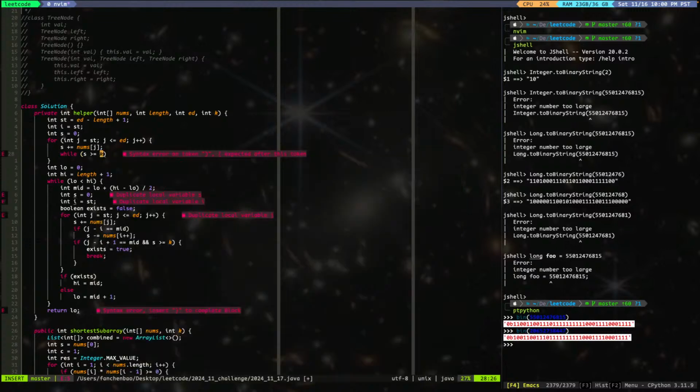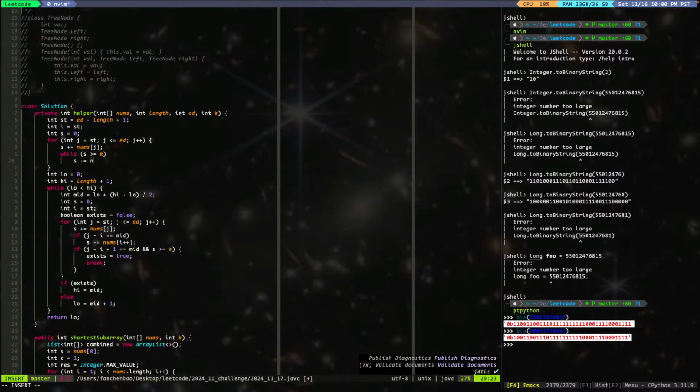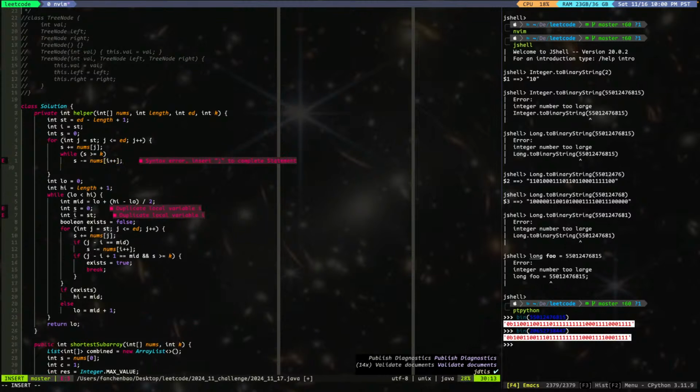Right? If it's larger than k, s minus equal to nums[i++]. When it gets out, s is just smaller. Right? It's just smaller. That's actually not true because you are not quite sure. I think I need to be while